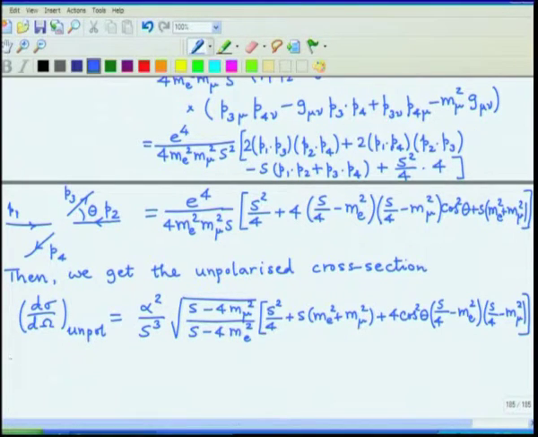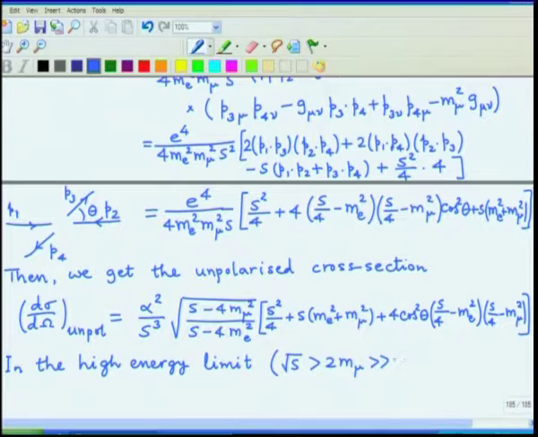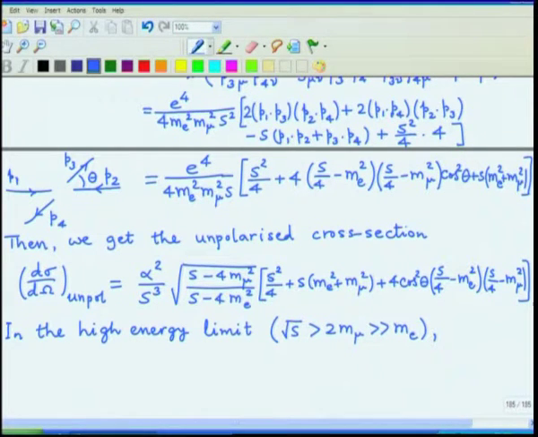So, in the high energy limit, which specifically means that the total energy is much larger than the masses, and actually the muon mass is much larger than the electron mass anyway, it is good to keep the muon in the calculation, but drop the electron mass altogether to a very good approximation whenever the energy is larger than 2 mu to be able to produce a muon pair in the annihilation process.